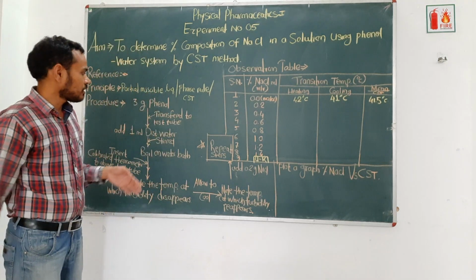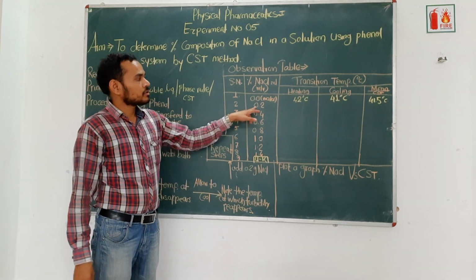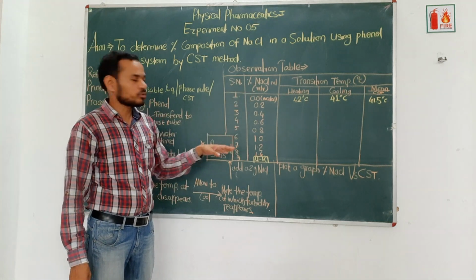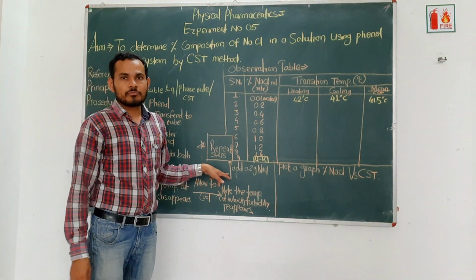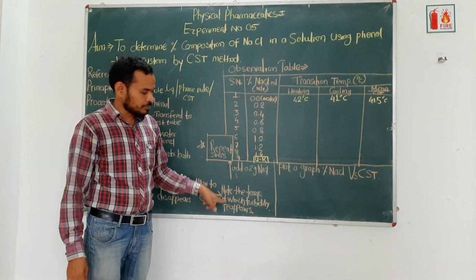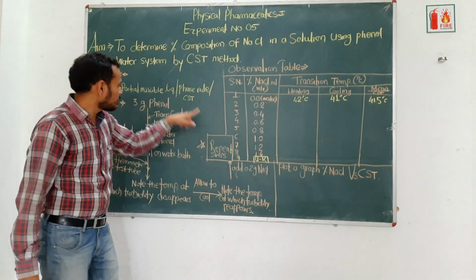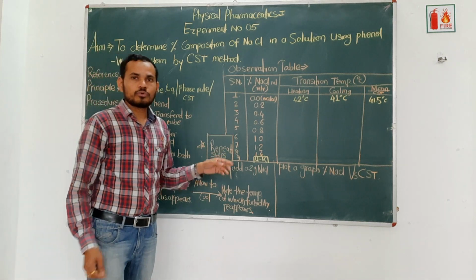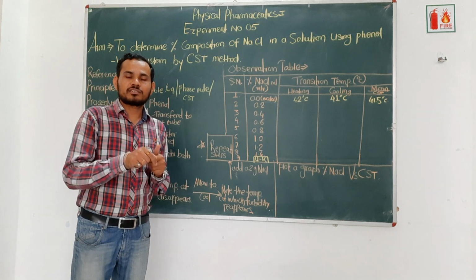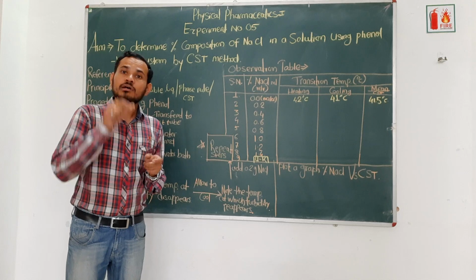Say, for example, we have taken this particular test tube and to this we are going to add 0.2% weight by volume NaCl solution. So what we are going to do? We are going to weigh 0.2 gram of NaCl by the transfer weight method, and we are going to add it into the previous boiling test tube. Okay. So again we are going to repeat the same practical. After the addition of 0.2 gram of NaCl, again we are going to insert the thermometer. We are going to raise its temperature by keeping that boiling test tube on a water bath.